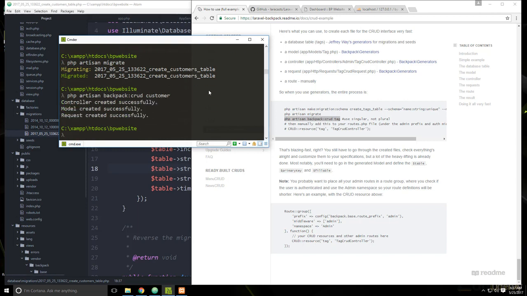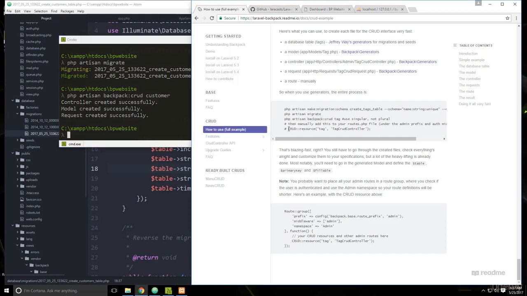Okay, and we'll run that. And it created the controller, the model, and the request. Now what we need to do is add the route. So this right here, we're going to copy that. Actually, you know what we need to do is create a route group for the admin routes. So let's go to,